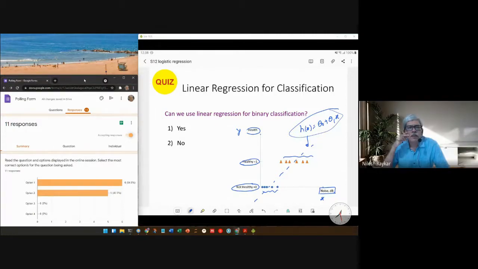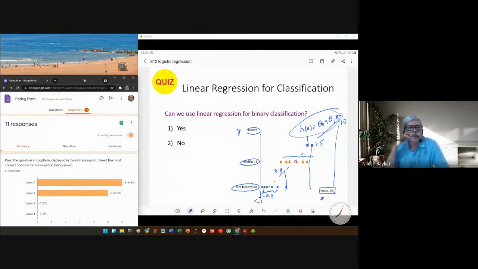I agree with you that for this particular sample you will get a value of 0.8, for this sample 1.5, and for this sample 10. Here you will get -1. Here you will get -0.8. So what Prasad says is that since these values are not 0 or 1, and for binary classification we require 0 and 1, this hypothesis function doesn't give us 0 and 1, so we cannot use it.